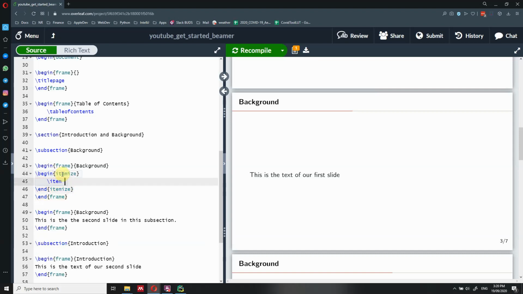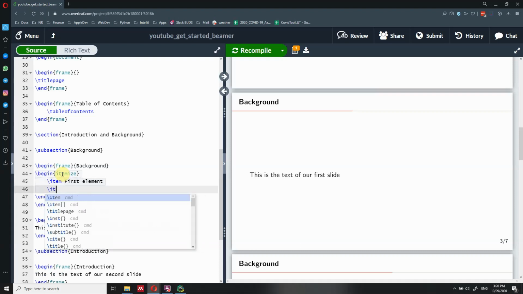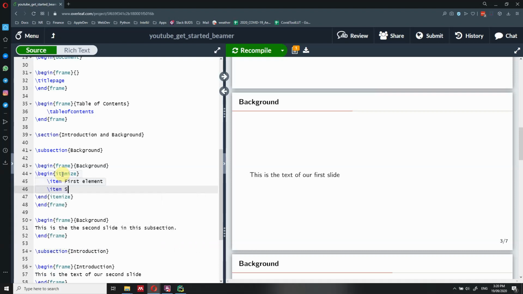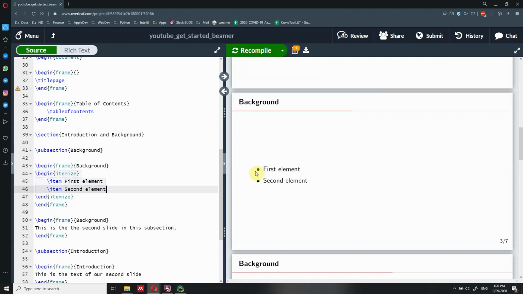As you can see, Overleaf is quite smart. We have auto completion, and we can type the first element. You need to put item, then the second element, and then we compile it with Control Enter, and we get our bullet point list. It is a bullet point list, and we don't have the numbers 1 and 2.